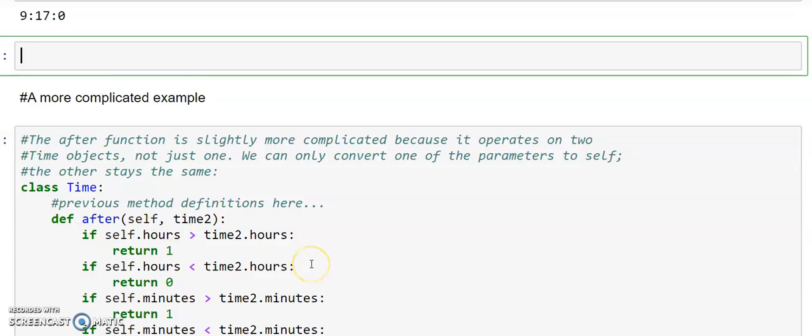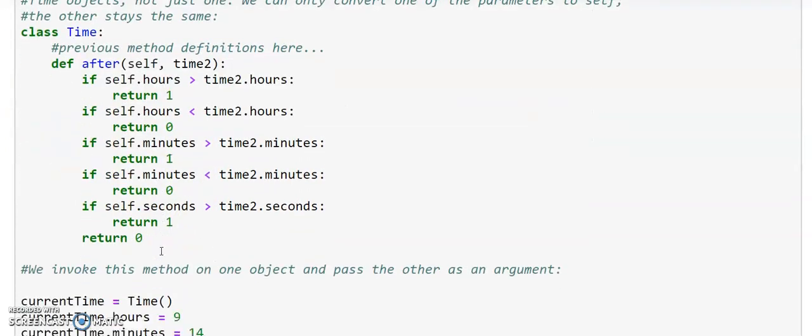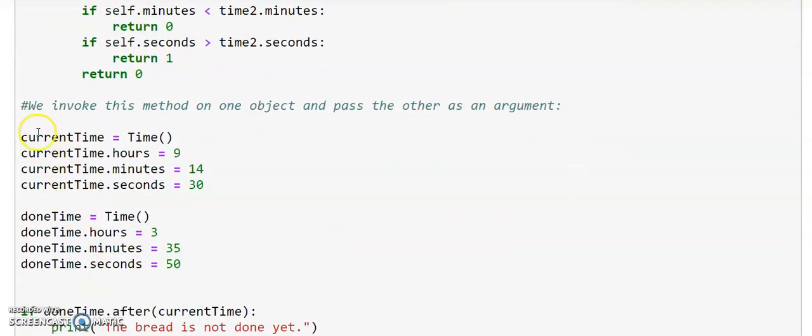How are we accessing that? Self dot hour, self dot minute, self dot seconds, and for the second argument, the name given, time2 dot hours, time2 dot minutes, time2 dot seconds. That is how we are going to access both of these time objects in the method.